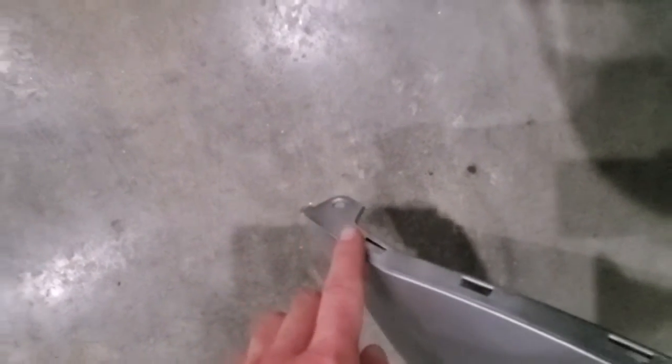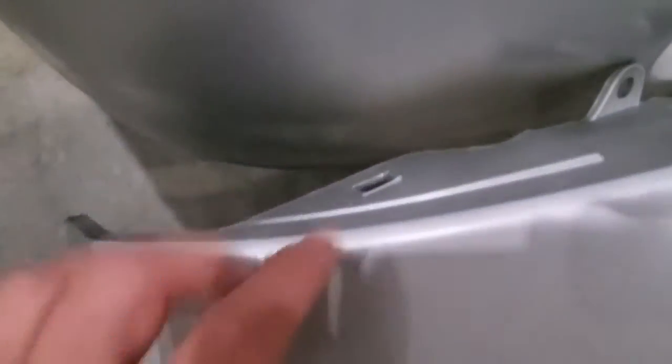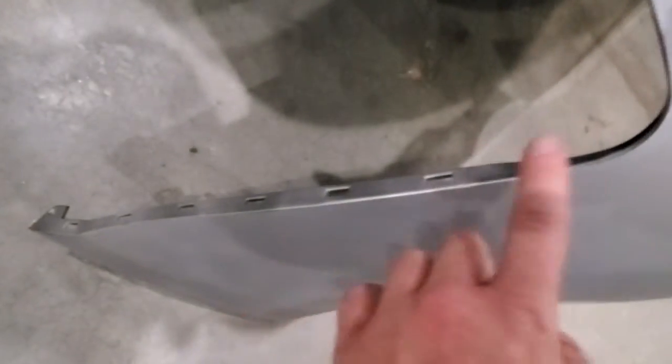You'll take that out. You're also going to take out any body clips that you see, like right here would be a body clip. Be prepared to replace those because you may break a few. And then this along here should pop in. And anywhere you see on the bottom, you'll probably have some body clips right here and right here. And then along the bottom,